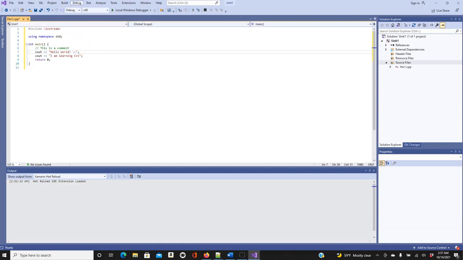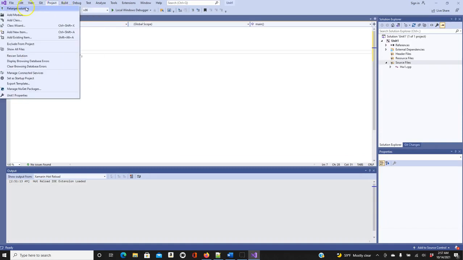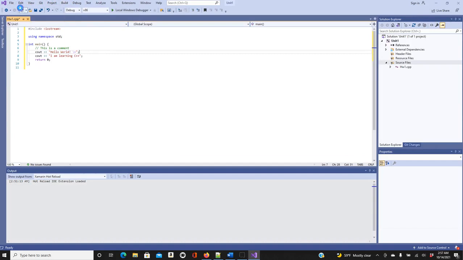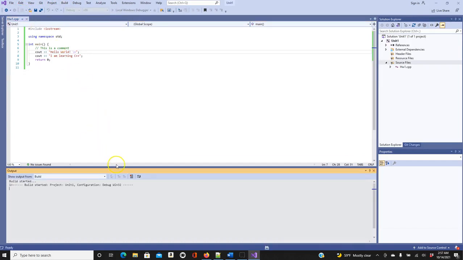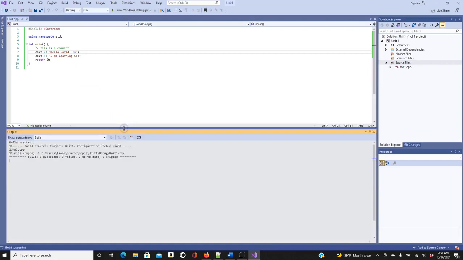So what we're going to do is build your project. You build it, and you can see here: build started, project unit, configuration debug, build 1 succeeded, 0 failed, 0 up to date.